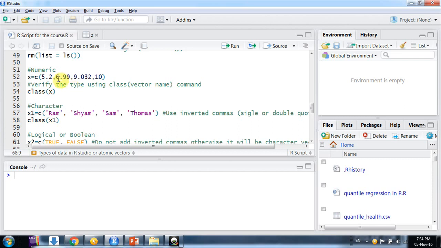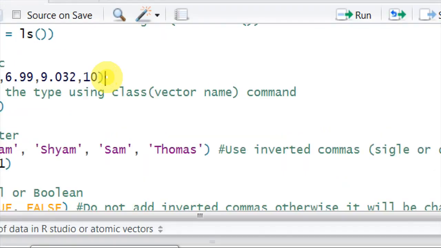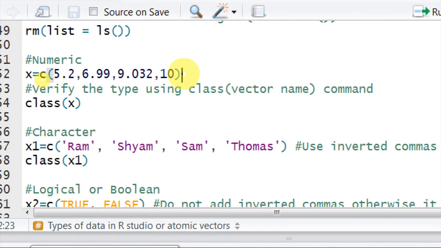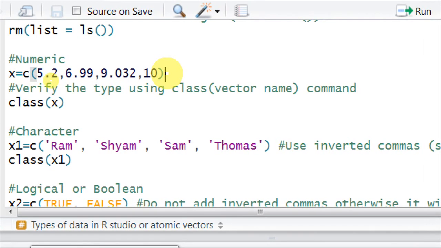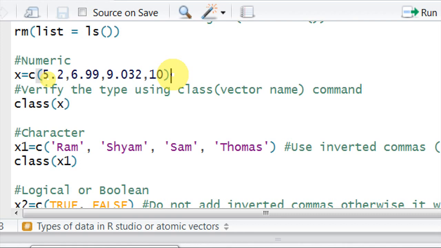Okay friends, so we start with the numeric data type. When we have our data in numbers, it is called the numeric data type. The numbers could be integers, they could be in decimals, they could be discrete, they could be continuous. For everything we can have one variable, that is a numeric variable. So if you want to generate a numeric vector, we can use the simple command c and put the elements in decimals or simple numbers.